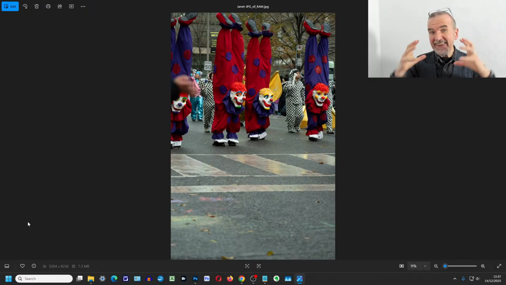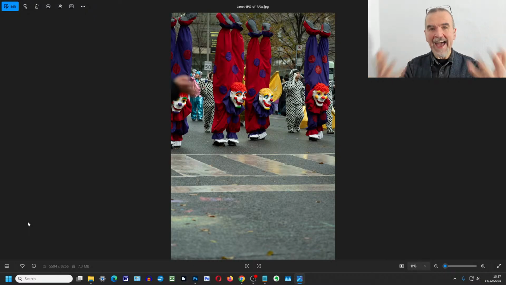When you're there in the actual situation and you've got all the sounds and the noise and the smells and the mood and the atmosphere, it's really exciting. Then somehow we get back, we've gone click, click, click, click, click. We get back, we look at the photos, and none of them really seem to match up to what it was we were experiencing. And that's because ultimately we're only dealing in 2 dimensions,